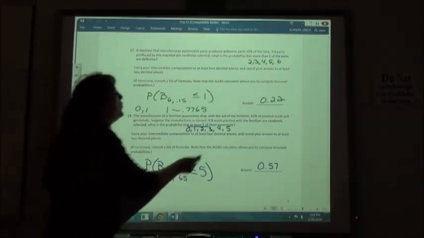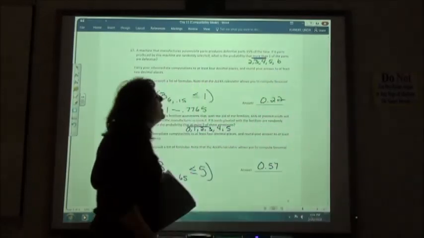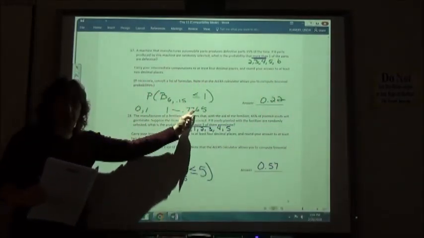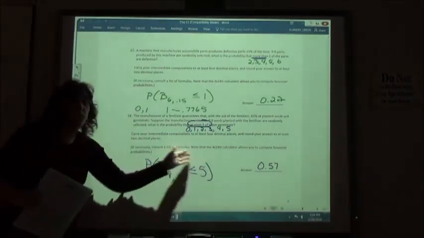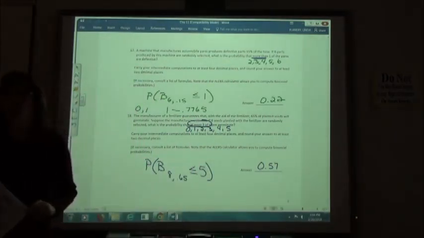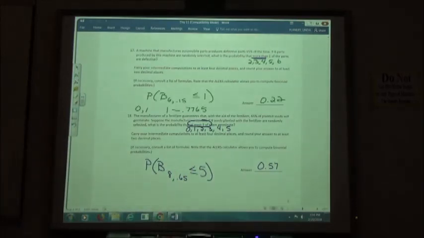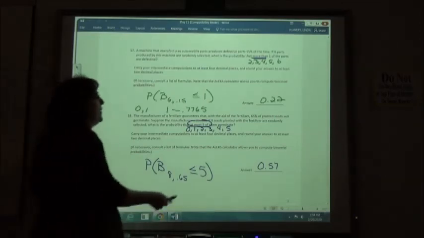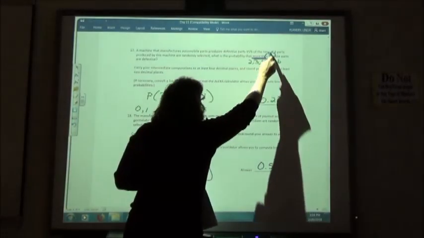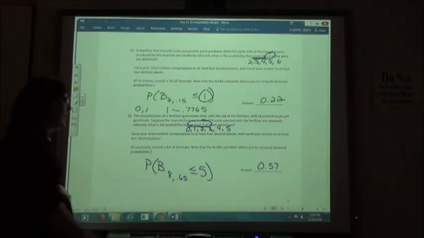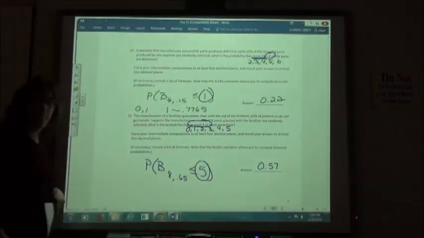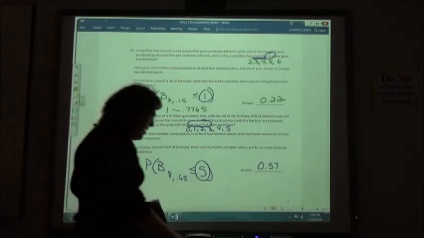So, if you're doing more than something, then you're going to do 1 minus. If you're doing less, in this case at most, then I just use the Alex calculator because it does calculate less than or equal to. So you always want to figure out where that cutoff is for that value to put in your calculator. Here we wanted to do more than 1. So there was our 1. At most 5. Alrighty,